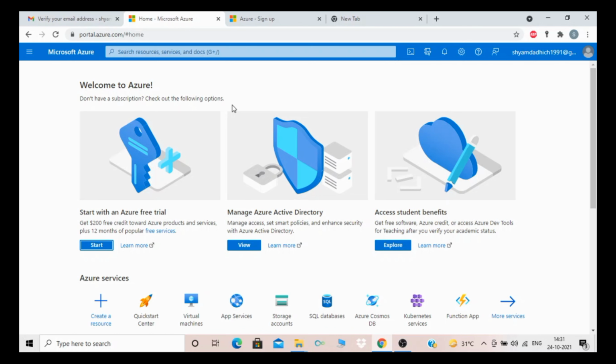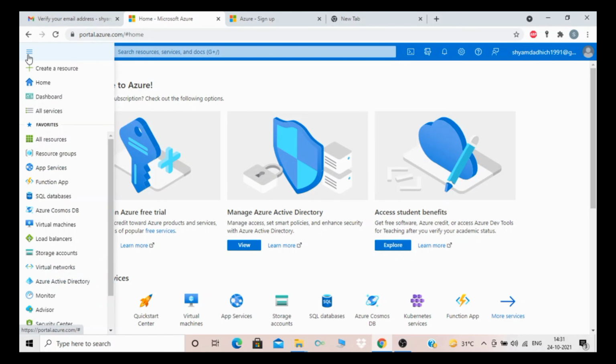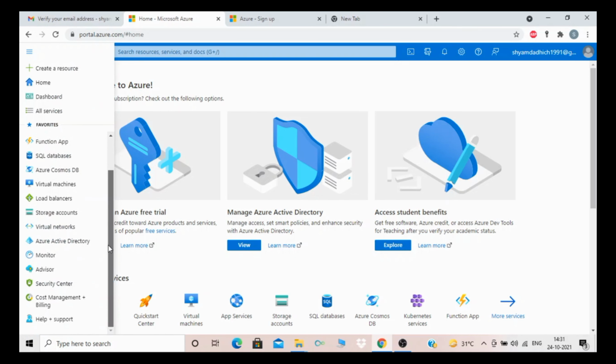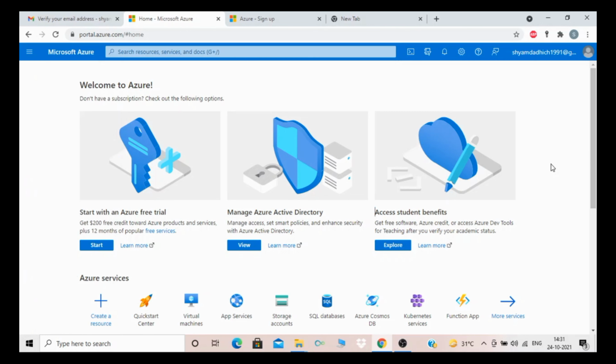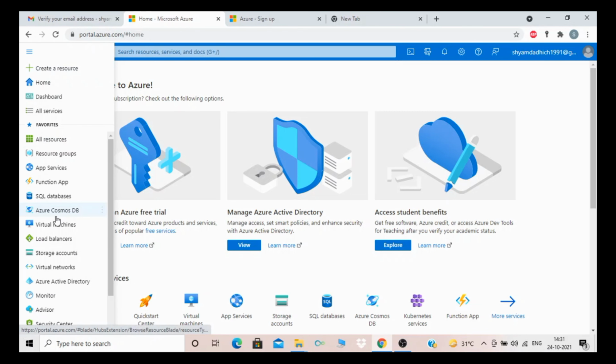As I already know about that, I choose Maybe later. After that you will see the menu. This is the total menu, and if you want to add your favorites inside this, just click on the star. Once you press the star, you will see it come inside.